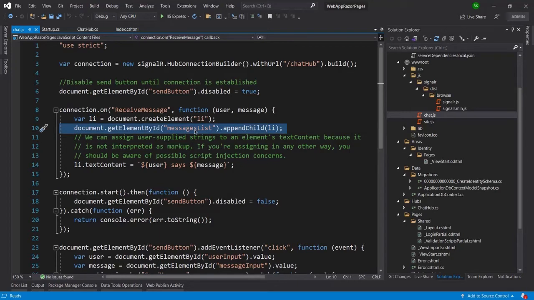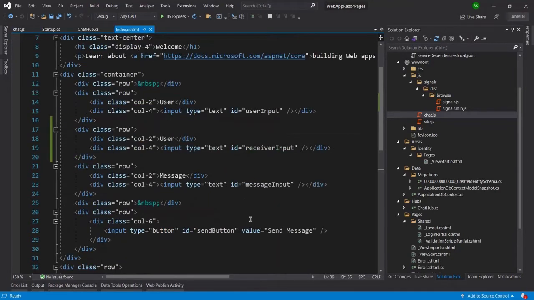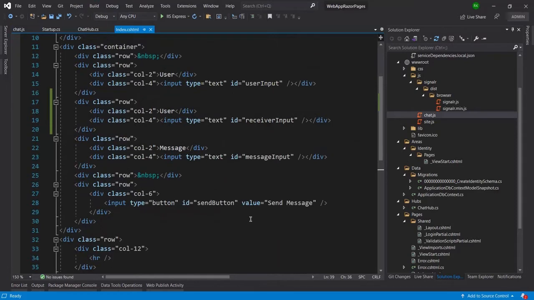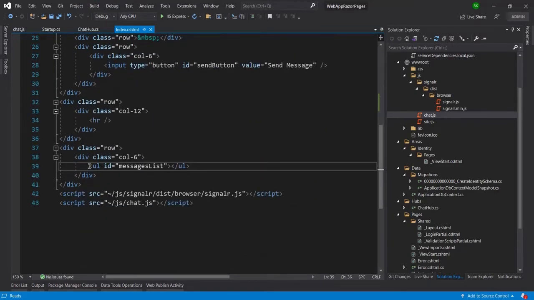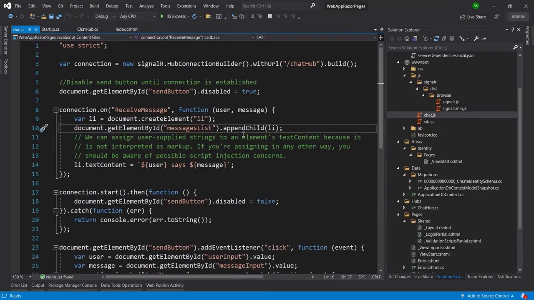You can see this message list in the index.cshtml page. It is an ordered list. Inside this message list I am binding the new message whatever is being received, and the same message is displayed as text.